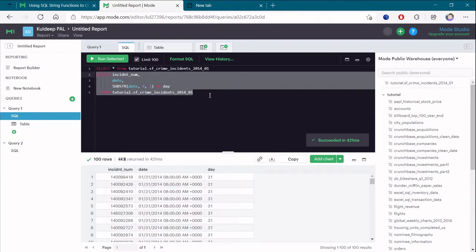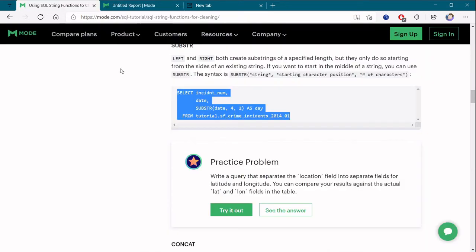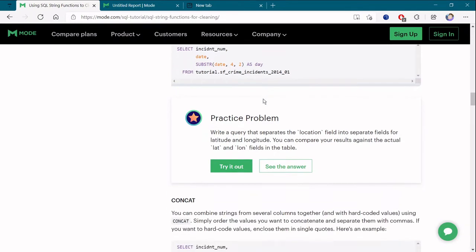So here is the output. It was simple, like this is the date, and what we have cropped is the fourth element, and two elements are coming. So we are getting it as a substring. As you can see, the fourth index is 31. Here 0 1 2 3, the fourth index we have taken, and we have taken the two elements. So this is the substring part. Here is the syntax: substring, string, starting character position, and number of characters, like how many characters you want from that position.